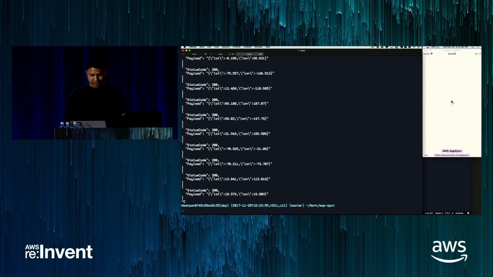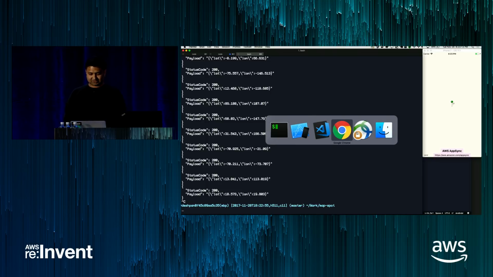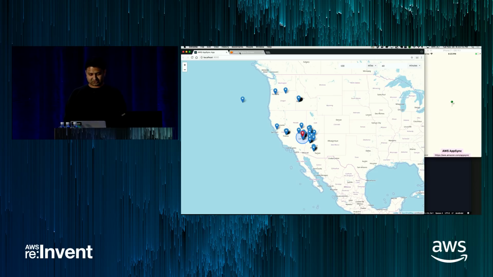So let's kill this. The new hotness is voice-controlled interfaces, right? So Alexa and Lex and that sort of thing. Can we hook up GraphQL to maybe trigger through an Alexa skill? Well, let's check it out. We've got the same exact interface, and